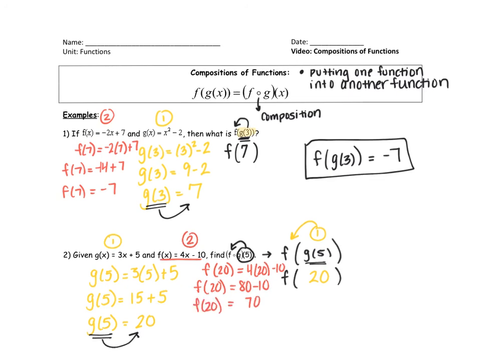So my final answer, if I want to rewrite it nicely, this is what I was being asked to solve for, f of g of 5. So f of g of 5 is in fact 70. The answer that we got from our second step, right? Same thing here, second step answer. Okay,